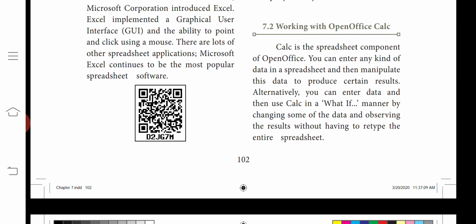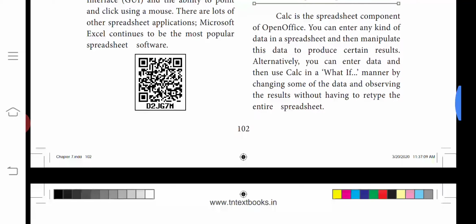Alternately, you can enter data and then use Calc in a what-if manner by changing some of the data and observing the results without having to retype the entire spreadsheet. Instead, we can use what-if to calculate.